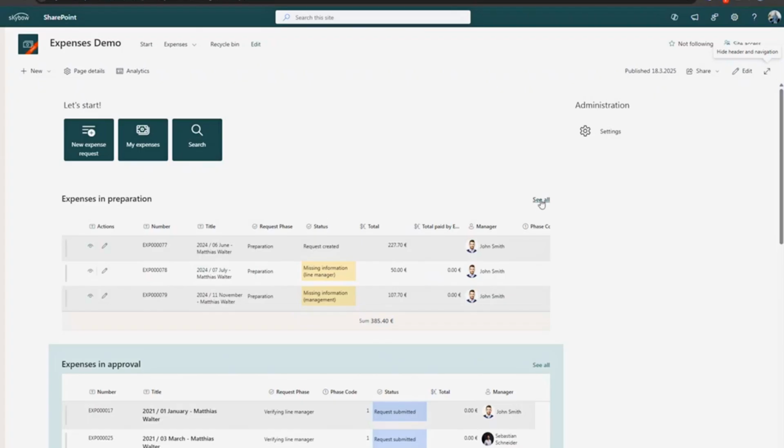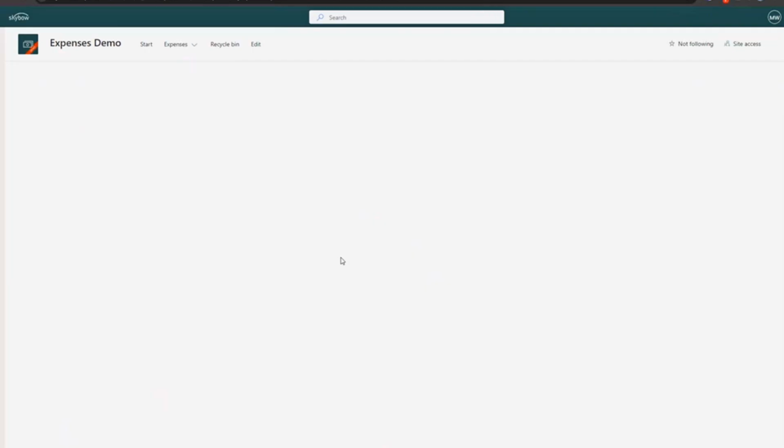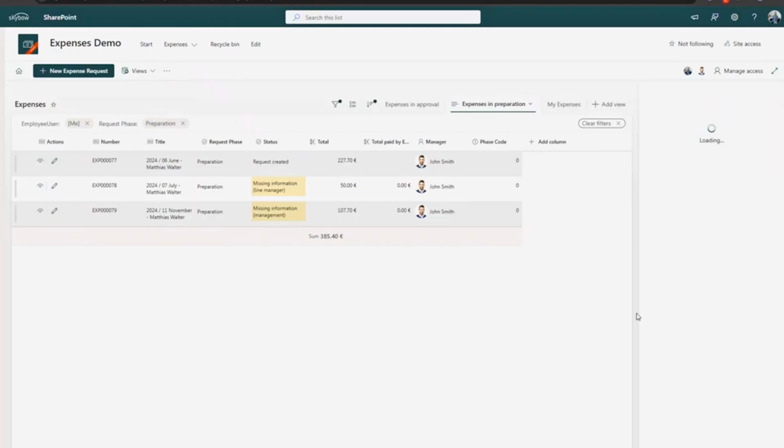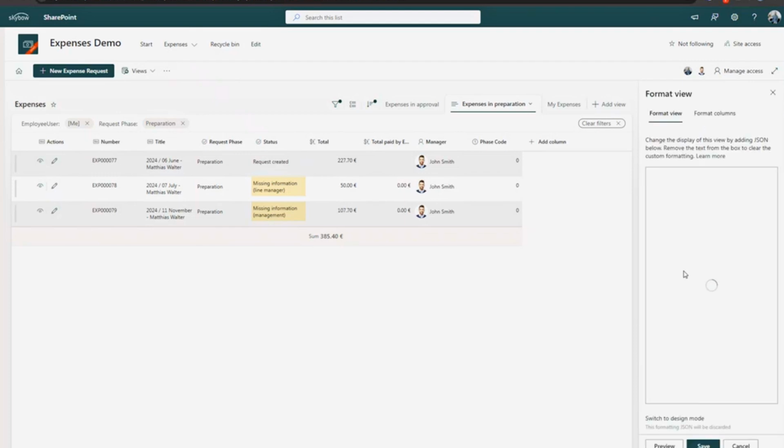But if you go forward to the list views, there's a lot more possible. So first of all, if we go to that list view, we see it also looks quite clean because I was modifying these command bar actions on the top, and there is this out of the box possibility which is on the view itself. So if you go to view and say format, you can do